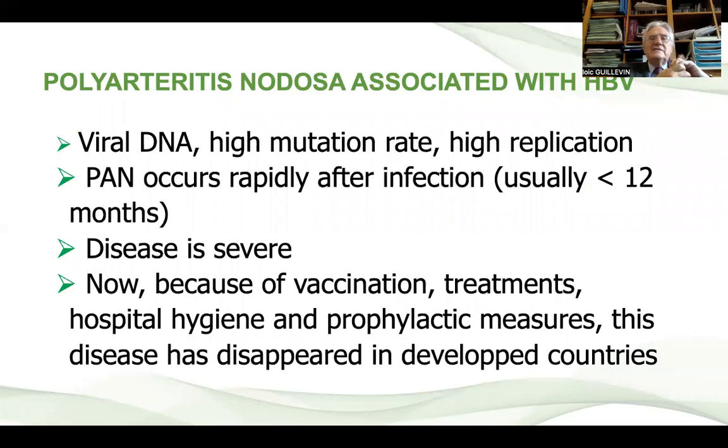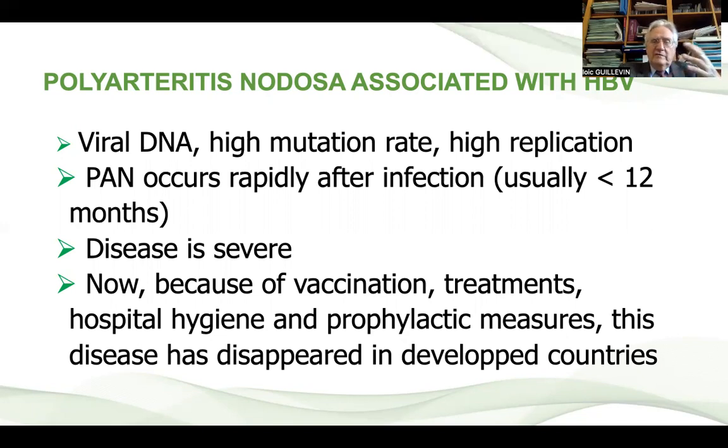In this disease, for the majority, we do not know the etiology. Polyarteritis nodosa remains a very difficult disease, and the etiological diagnosis is unknown. But we have seen that 30% of the patients, maybe more, can be infected with hepatitis B virus. It is the consequence of a recent infection. It usually occurs during the first year after the infection.